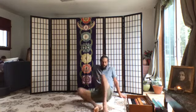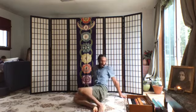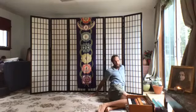Alright, beautiful. And we're going to take our feet down onto the earth and just let the knees rock side to side. Arching in the back a little. Good. And just think that you're liberating all the energy that gets trapped in the lower centers of the body. And we're redirecting that energy that is overly focused on the outside world, and we're bringing some of it back